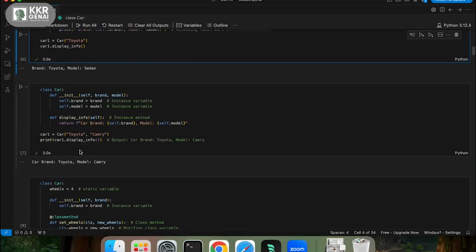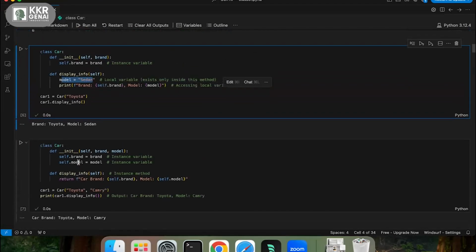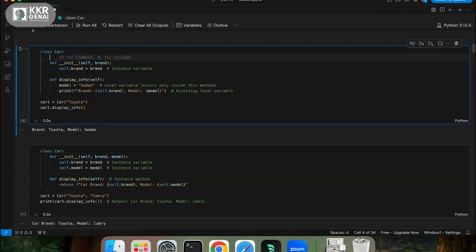Shekhar, one quick question. Okay, go ahead. Any variable that is declared outside the constructor or the method, but inside the class, is it by default a static variable? By default a static variable, yeah. So is there a way I can declare any non-static variables inside the class that are not part of a constructor or method?